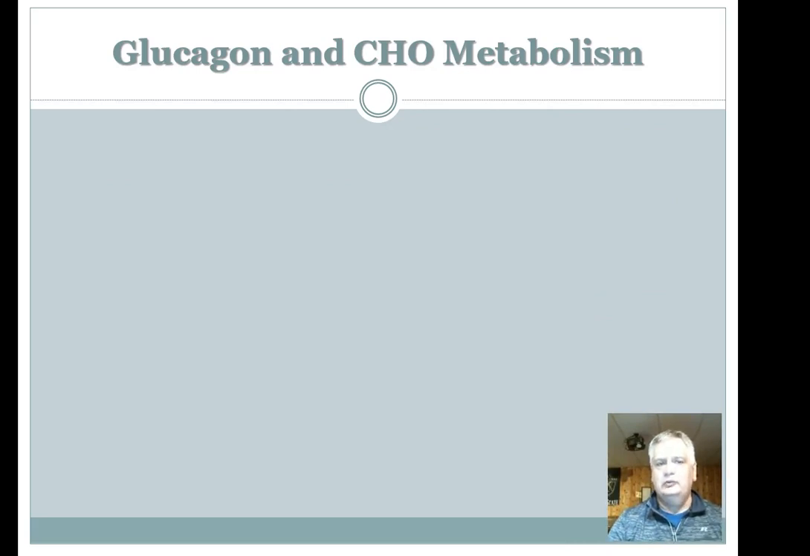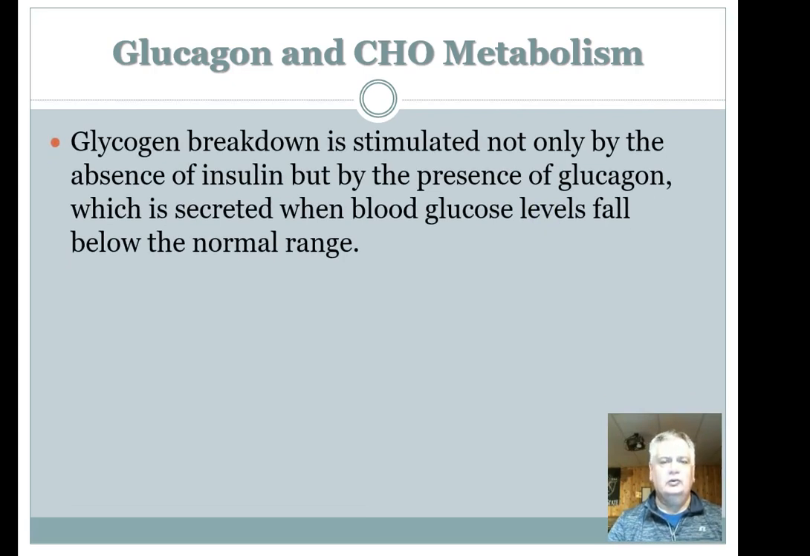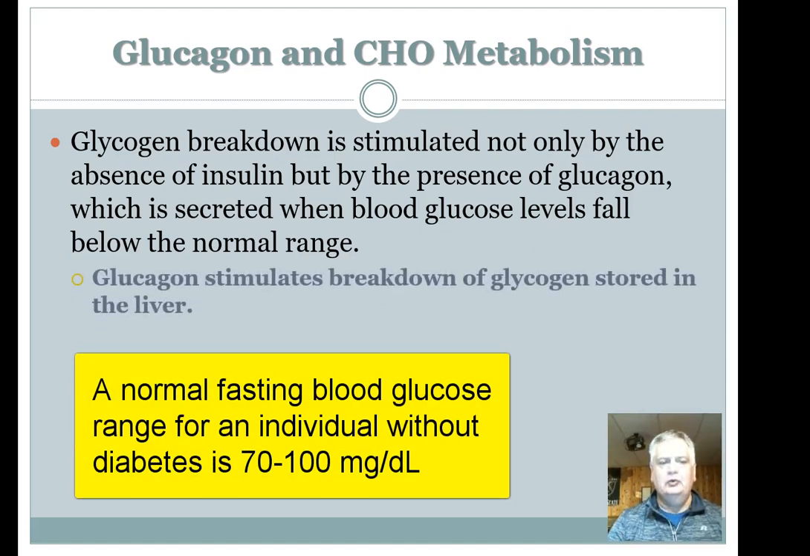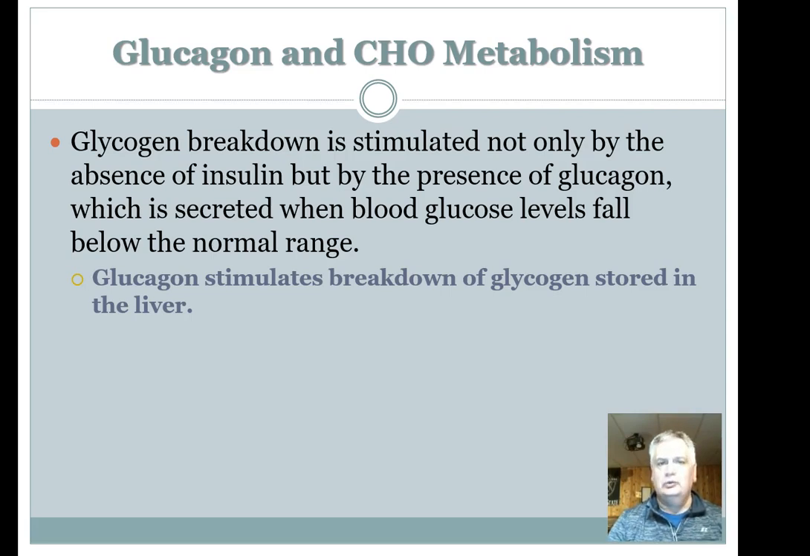In addition to insulin, the pancreas produces a second hormone called glucagon, and glucagon has an effect on carbohydrate metabolism as well. So let's take a look at glucagon and its effect on carbohydrate metabolism. Glycogen breakdown is stimulated not only by the absence of insulin, remember our discussion in the previous slide, but also by the presence of glucagon. Glucagon is secreted when blood glucose levels fall below the normal range, below 90 milligrams percent. During this time, glucagon will then, once it's produced, stimulate the breakdown of glycogen stored in the liver. So not only will the absence of insulin stimulate the breakdown of glycogen, but glucagon will also stimulate the breakdown of glycogen. It'll enhance or increase the rate of breakdown of glycogen inside those